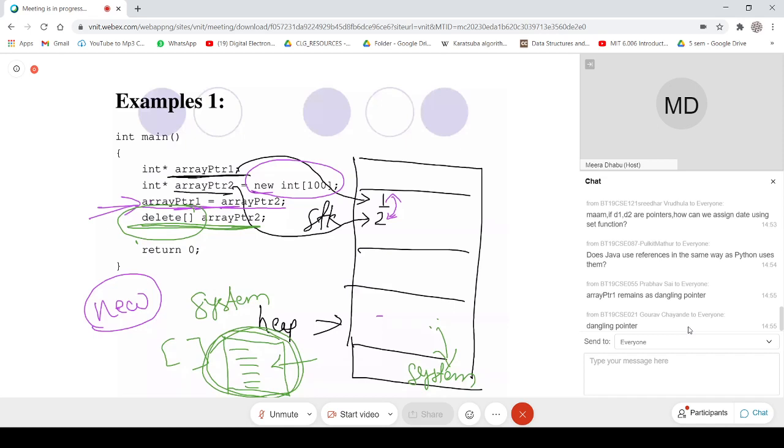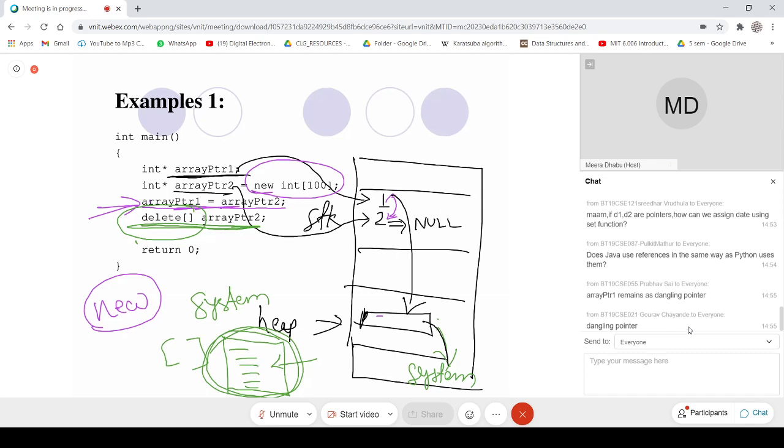But what is happening is that this pointer is still there. Because it is freed using pointer 2, pointer 2 will be set to null automatically, but pointer 1 is still pointing to the same memory location which was allotted to that array. But now this memory is not available, it is returned to the system.